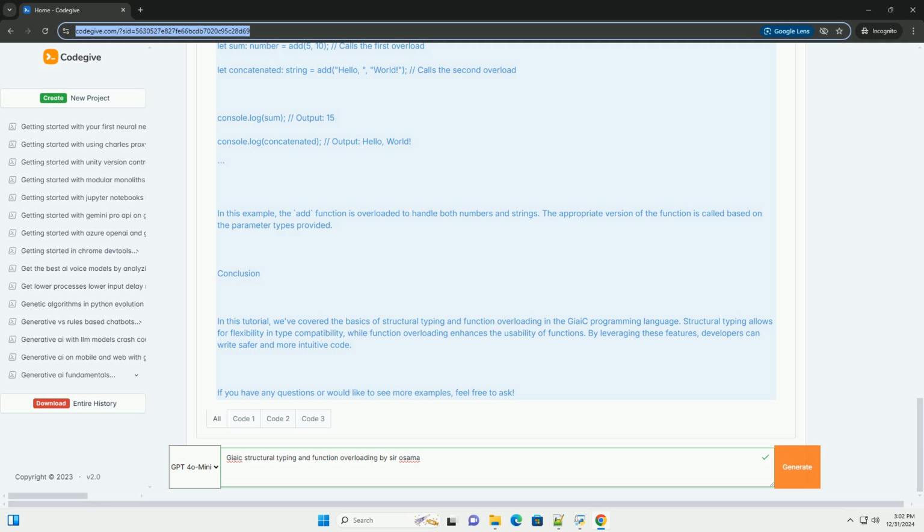Let's consider the following code example. // Define a type with specific properties. type Point = { x: number, y: number }. // Define another type with the same structure. type Coordinate = { x: number, y: number }. // Function that accepts a Point type. function printPoint(p: Point)